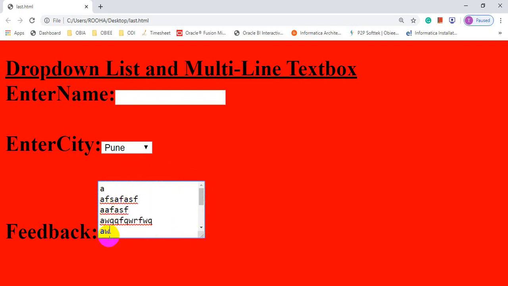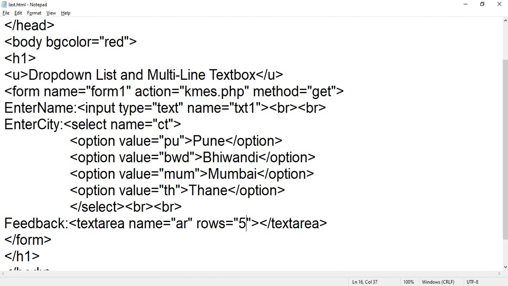Okay, students, hope you understand. These are the very good features of forms in HTML5, in which we can add a large amount of data. Okay, how to create a multi-line text box? By using textarea. So textarea is a tag which is used to create a multi-line text box, and if you want to create a single line text box, that is input type equal to text, and textarea is not an input type, and it is created by using the textarea tag.